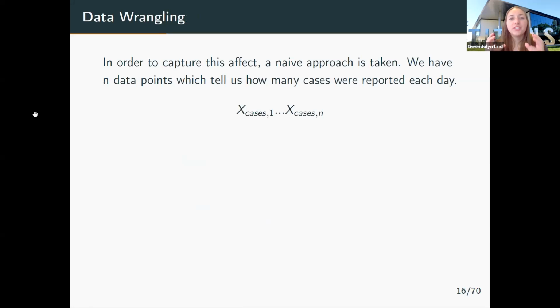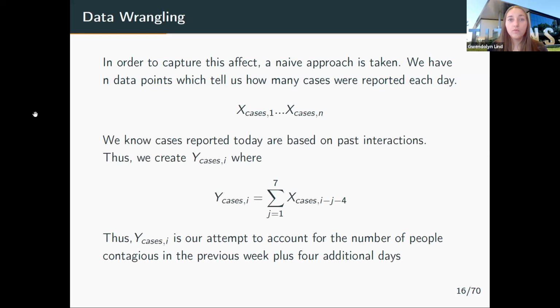So in order to adjust for those timeframes of the disease, we take a naive approach. We know we have n number of data points for how many cases reported, and x is the number of cases. From the points on the previous slide, the cases that are reported today are influenced by past interactions. Thus, we create the new variable y, where y is summing up the x cases, but shifting it 4 days back to account for the incubation period, since it usually takes about 4 days for someone